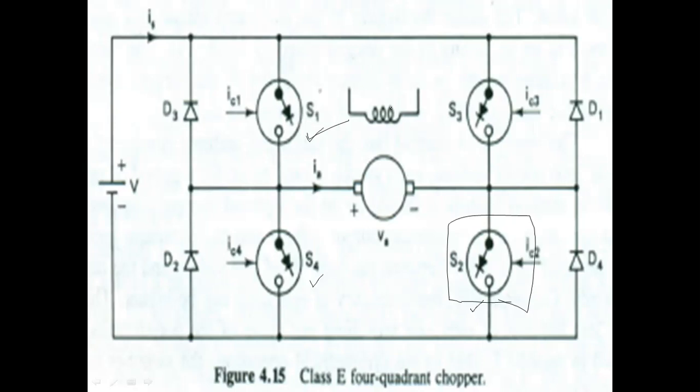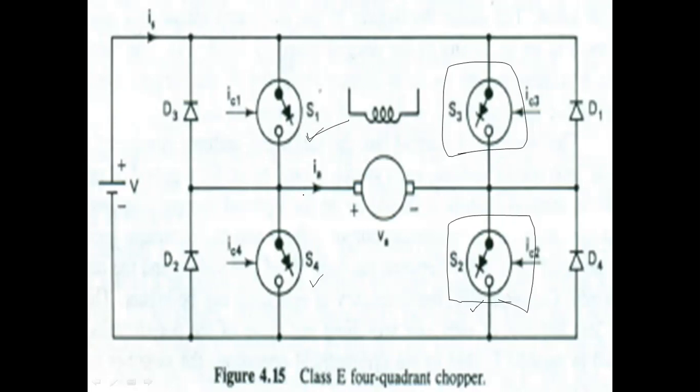So now what happens? Until now S2 is on. Now we have to turn off S2. S2 is now opened. S3 is continuously closed. And delta is controlled by S1 and S4 again. So S1 and S4 should be adjusted corresponding to the desired speed. Whatever speed you want, you have to adjust by controlling S1 and S4.